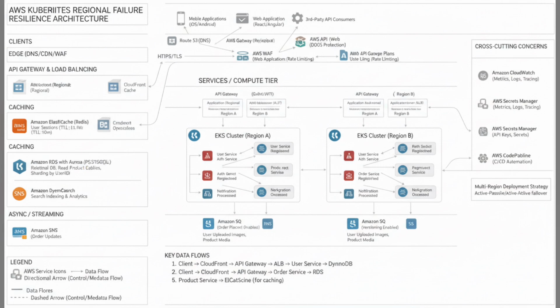Our CI/CD pipeline is managed by AWS CodePipeline, and to ensure disaster recovery, a multi-region deployment strategy is in place with duplicate EKS clusters in a secondary region. Throughout this architecture, data flows seamlessly from clients through the layers to the appropriate microservices, ensuring both robustness and scalability with 99.99% availability.